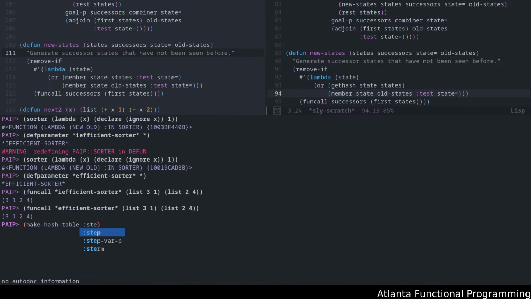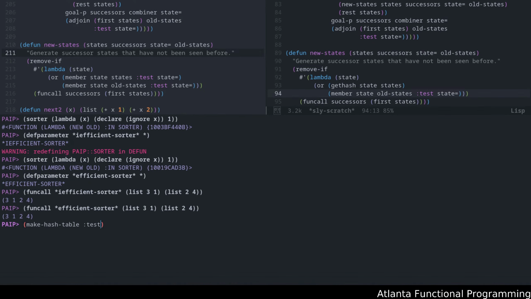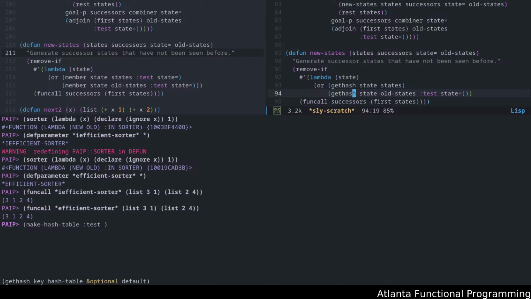So here we would end up passing in as our test the state equals to construct a hash table. All right. And then that would handle what we're currently doing as the member. So when I just call now get hash, we will end up using the state equality to actually go in and make sure that it's available there. Same thing here with the old states. We can just do get hash state on old states, and then this will also handle this one. So now we grabbed this to being